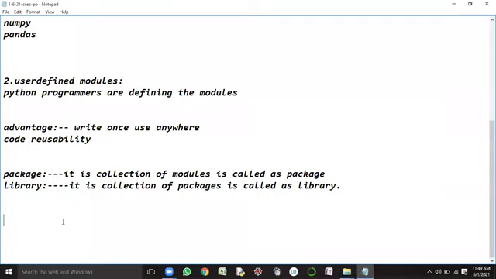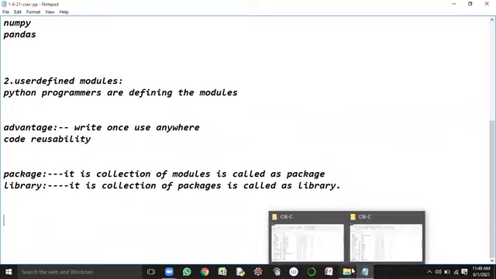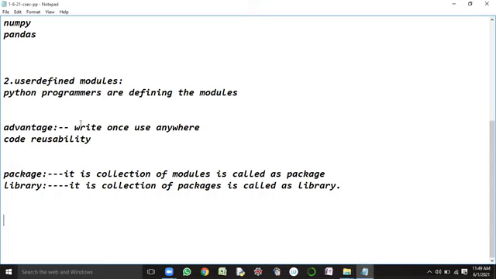Now let us consider one program related to user-defined modules, and discuss their importance. User-defined means you people are responsible for defining them. We all are responsible.